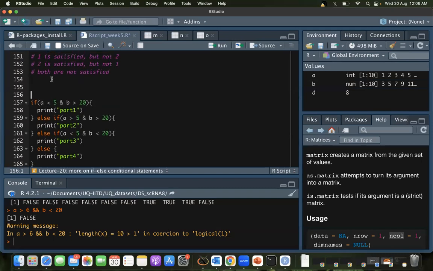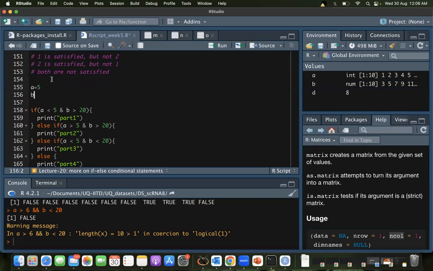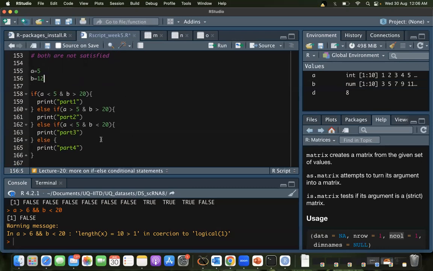Okay, yeah, sure. So let's say A is 5 and B is 12. So which one do you think is satisfied? Part 4. That's correct, right?